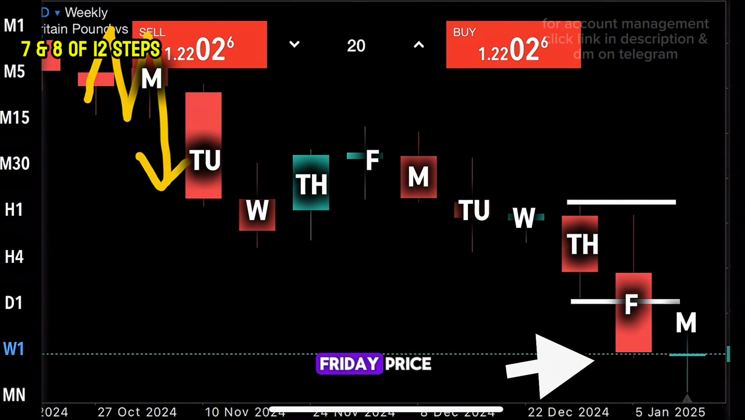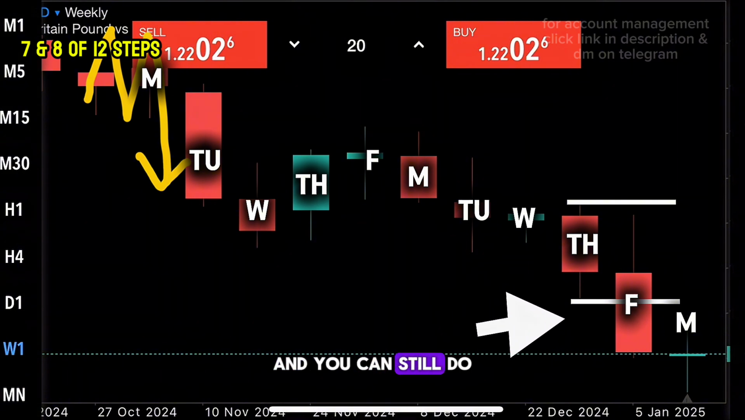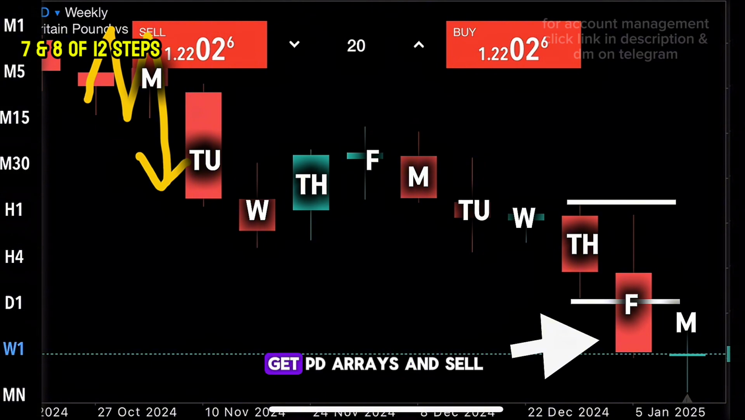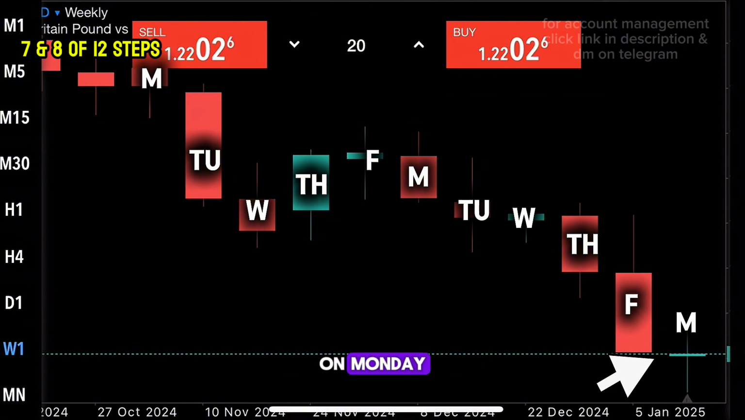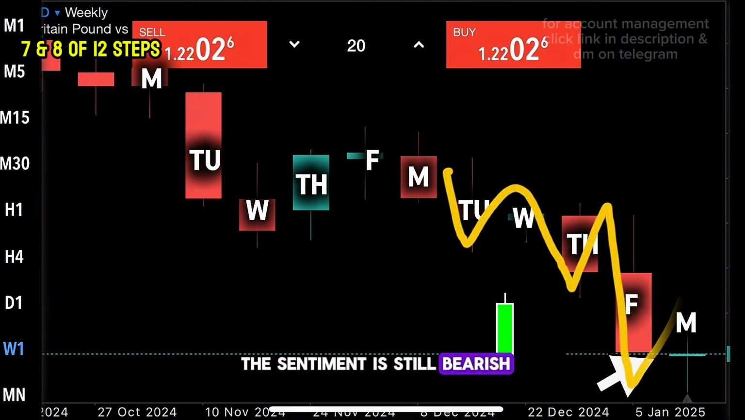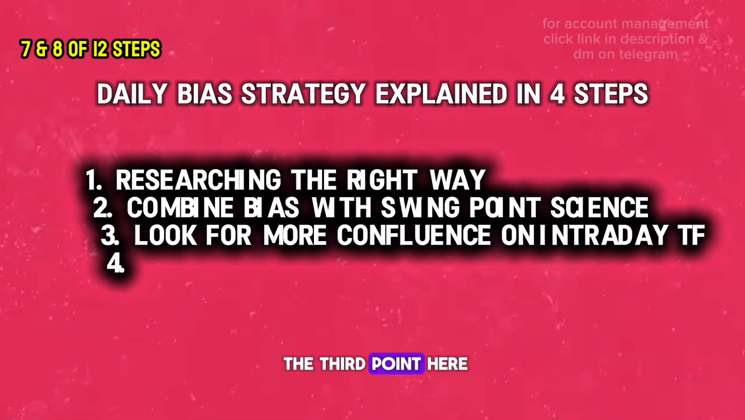And you can see on Friday price cleared the low of that Thursday low there, and you can still do the same thing, go to lower time frame, get PDRAs and then sell, or wait for Monday. And what do you do on Monday? You can see it was giving us a bullish candle, but we don't care, because the sentiment is still bearish. So even as it's showing me this bullish candle, I'm still going to be looking for sales. And what I'm going to do is use the third point here,